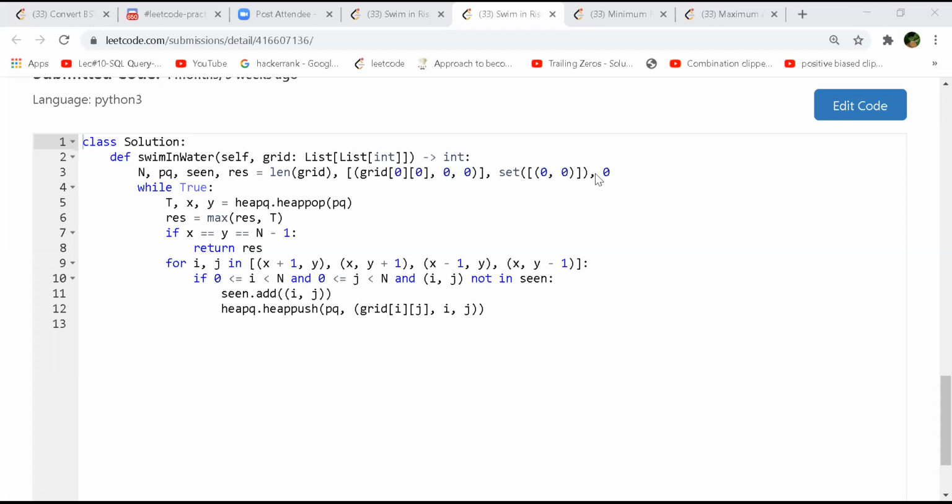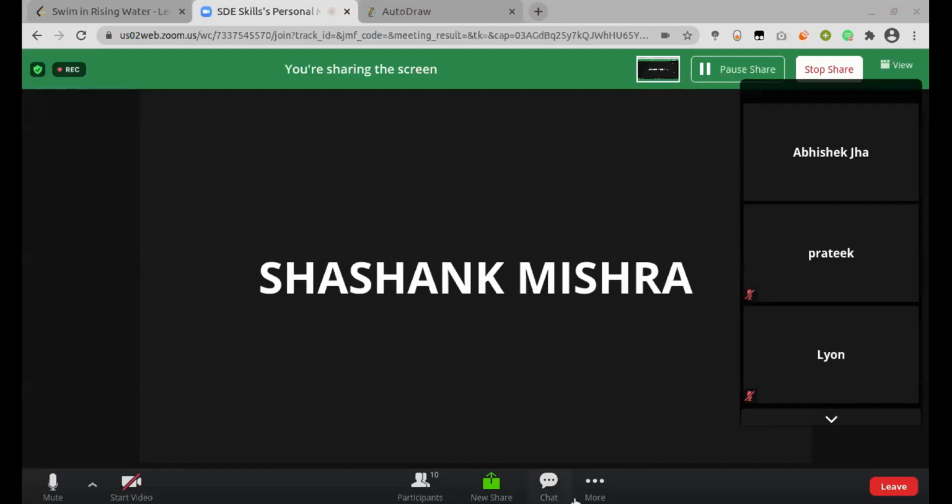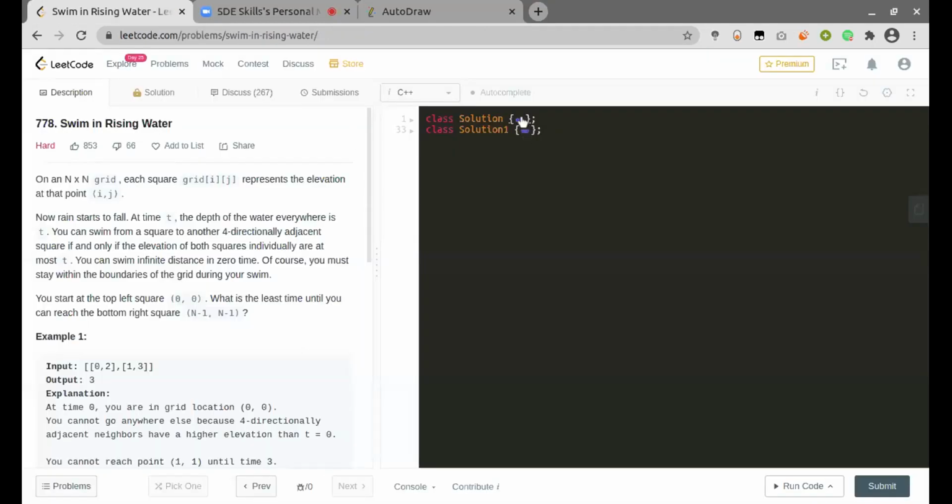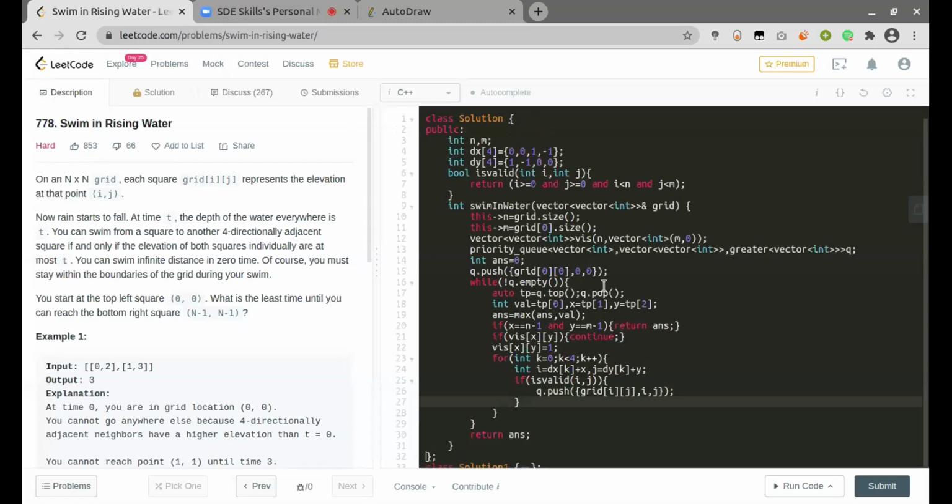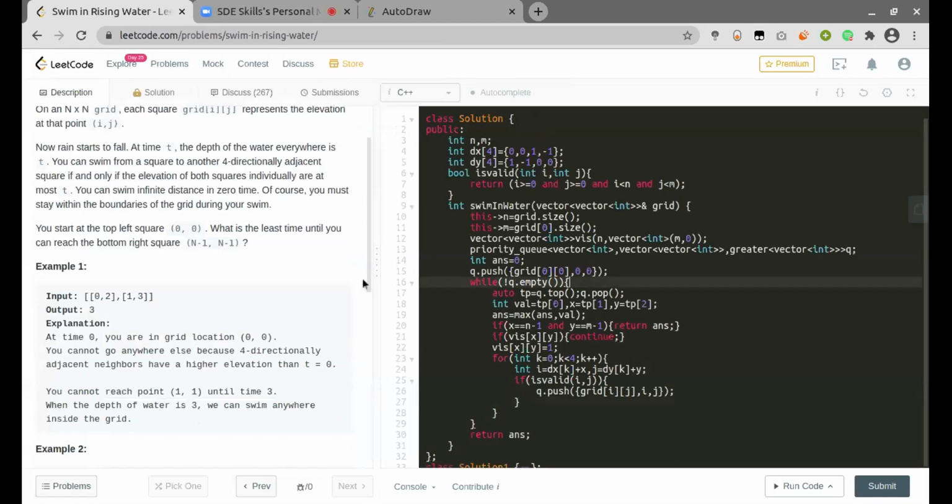You have the implementation you want to share? Yeah. Since we always start from the leftmost top end, we push the value of the grid at that point and the related coordinates, which is 0, comma 0.